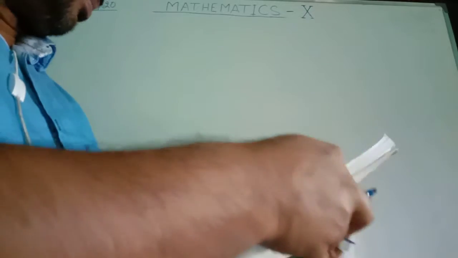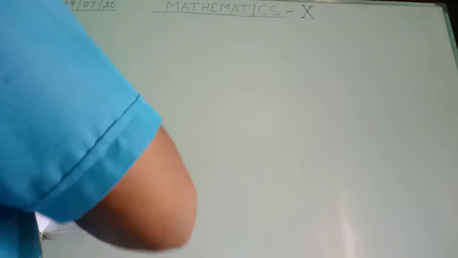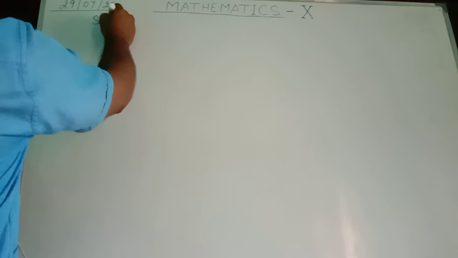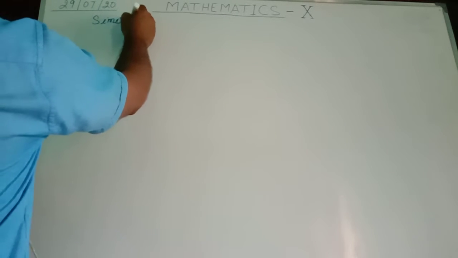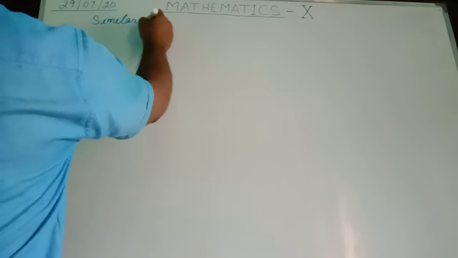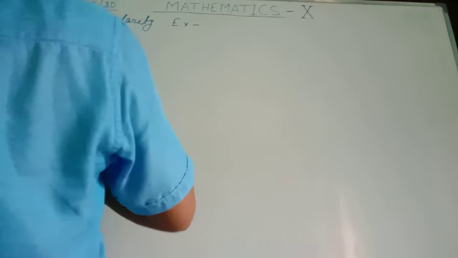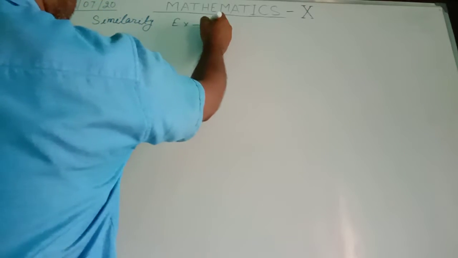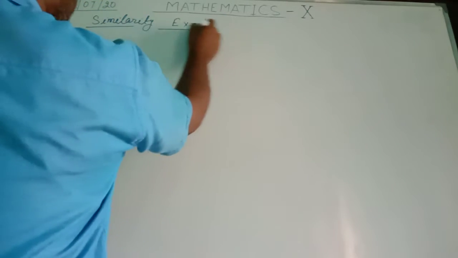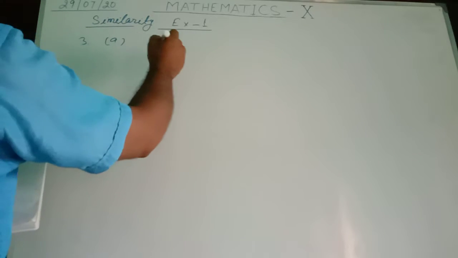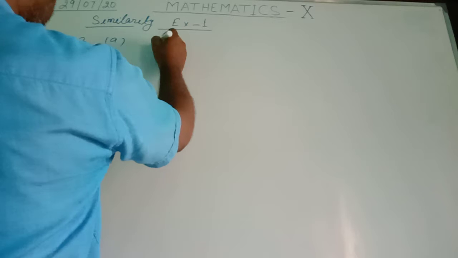In the period of mathematics, we are solving similarity. That is exercise 1A, only one, exercise 1. Question number is 3A, in which given informations are